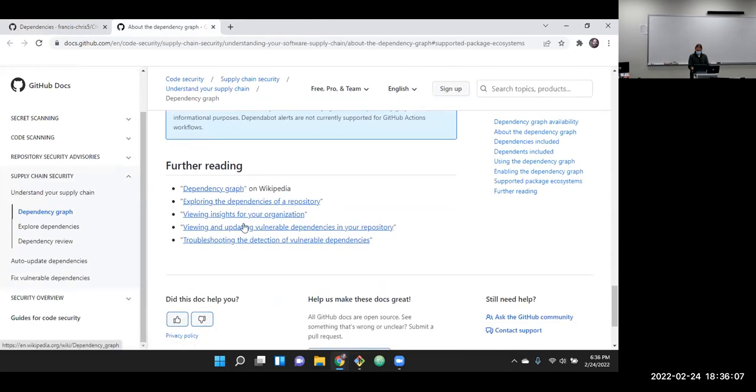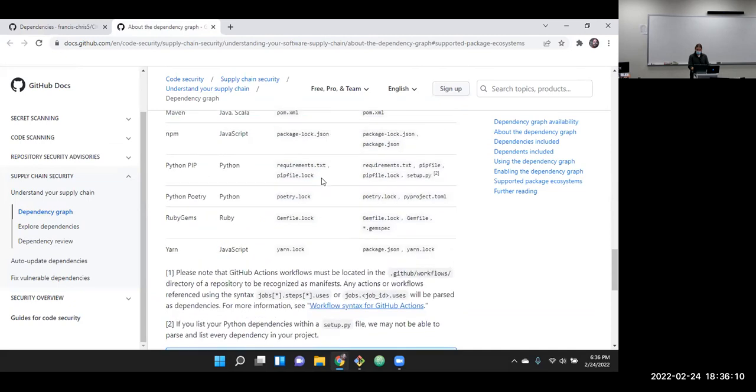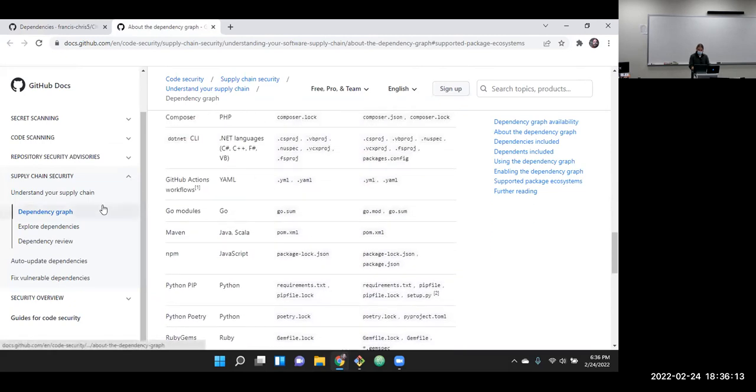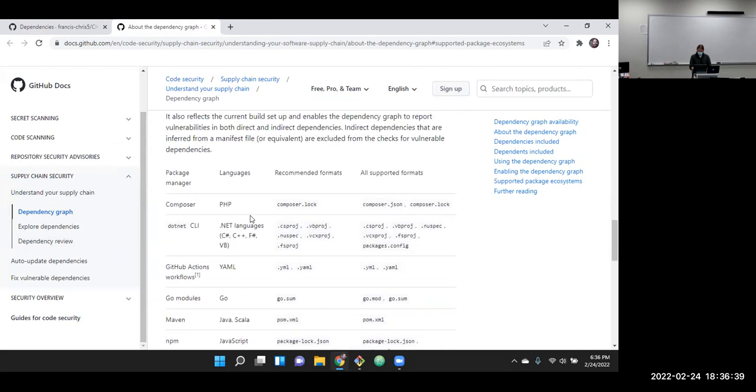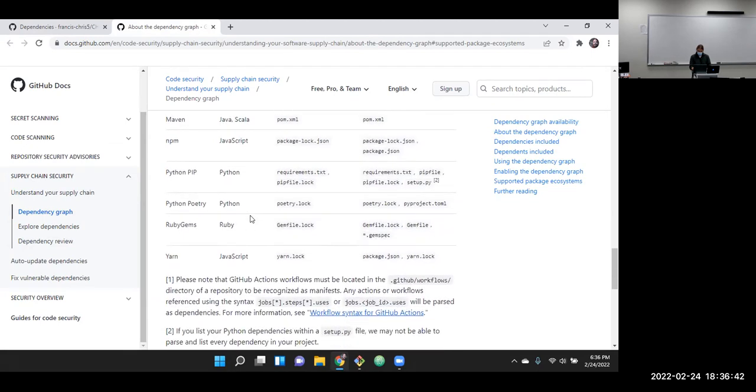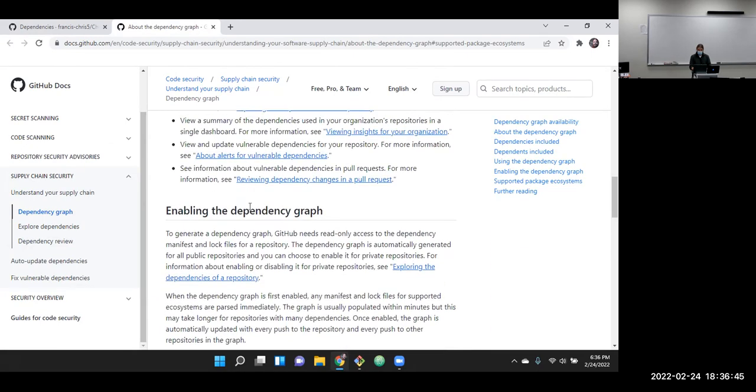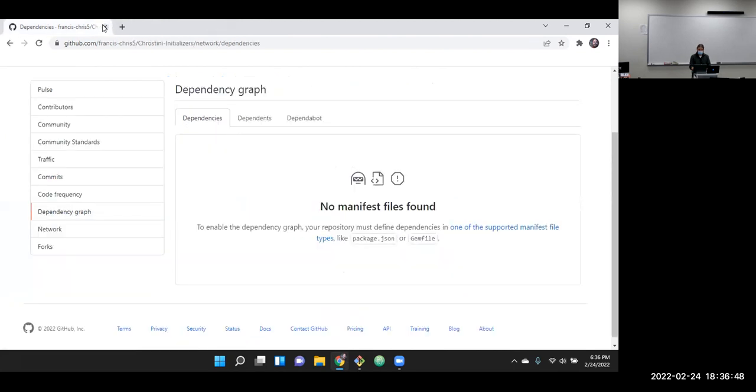There's some other further reading here that you can look into, but for all your languages, this page on GitHub, which opens a repository without a manifest, go to insights and then dependency graph, and it will tell you what the official manifest file type for that language is, at least on the most popular ones. And I've seen some different ones. So I think this page might change depending on the languages you work in.